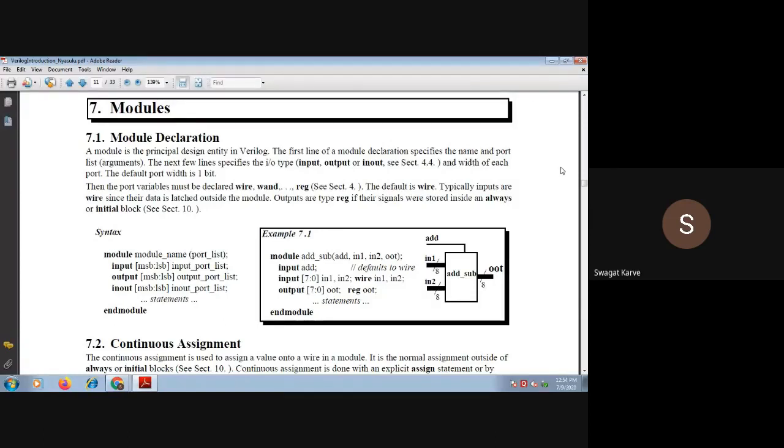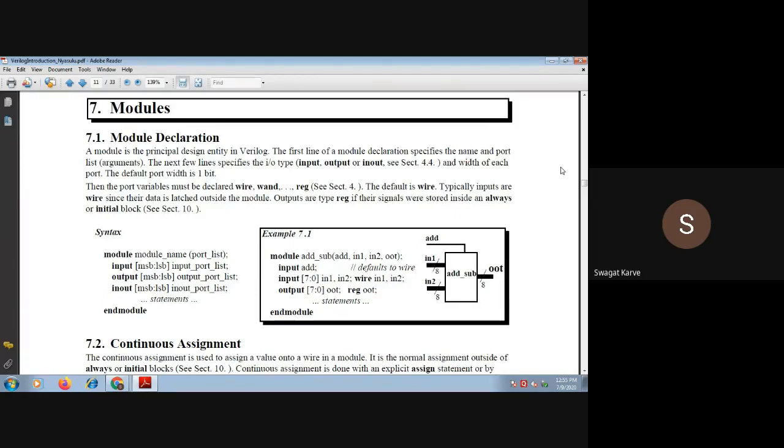The first line of the module declaration specifies the name and port list. That means how many inputs and how many outputs you require. So in the first part you have to define that. Then the next few lines specify the input output types, whether it is inout, bidirectional, simply input or simply output, and the width of each port.